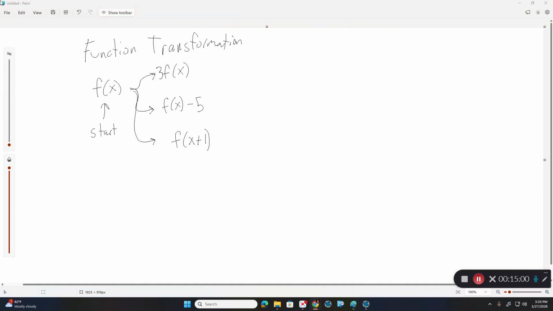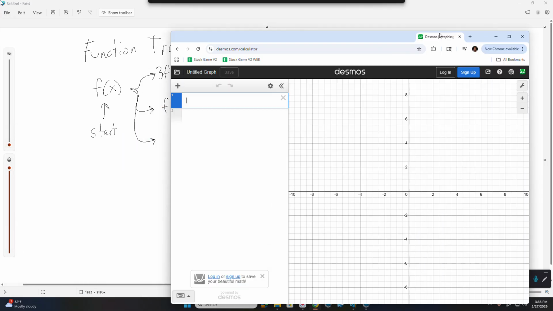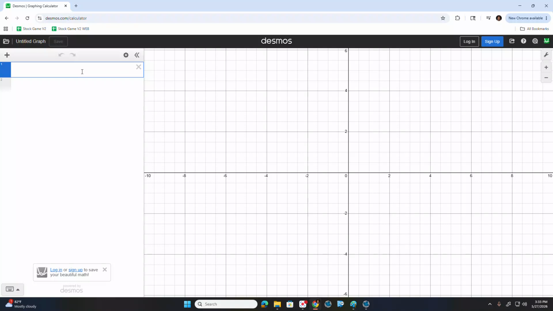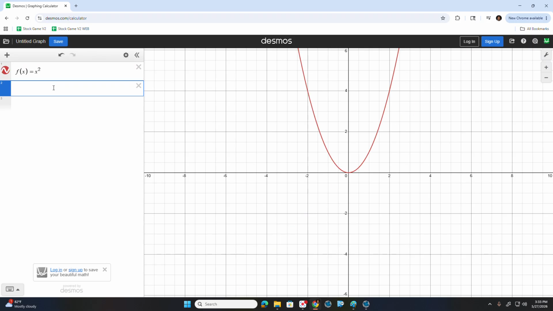So, in order to better help you with this, my drawing ability is somewhat limited. I'm just going to go to our graphing calculator, and I'm going to write just some functions. So here's f of x, which is going to be, for right now, a fairly basic one, just a simple quadratic in red. Okay? Now let's do f of x, and let's start adding in this constant c. Okay? So right now I have the source or the start function in red, and in blue I am adding a c term